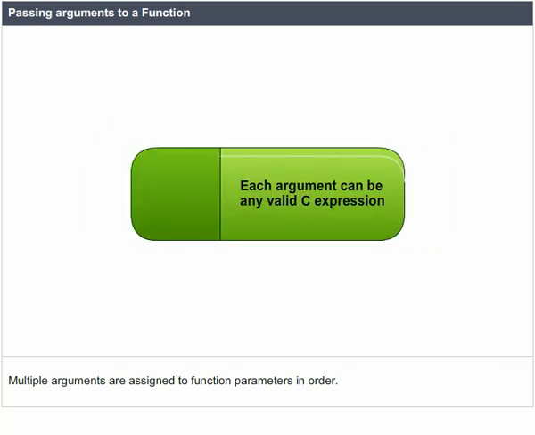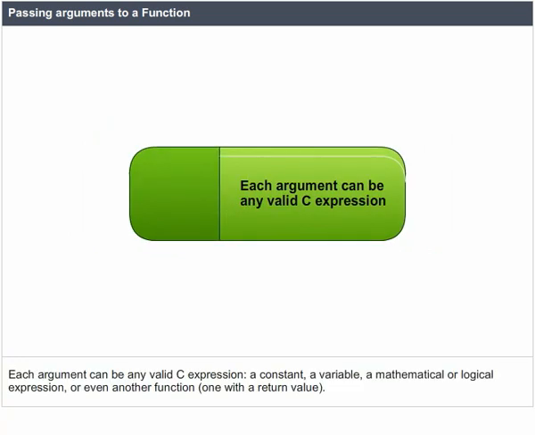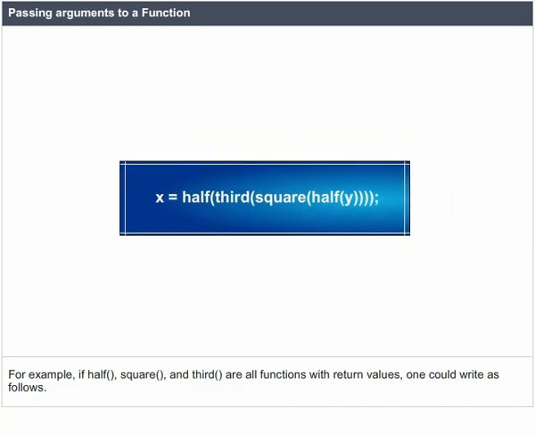Each argument can be any valid C expression: a constant, a variable, a mathematical or logical expression, or even another function, one with a return value. For example, if half, square, and third are all functions with return values, one could write as follows: x = half(third(square(half(y))));